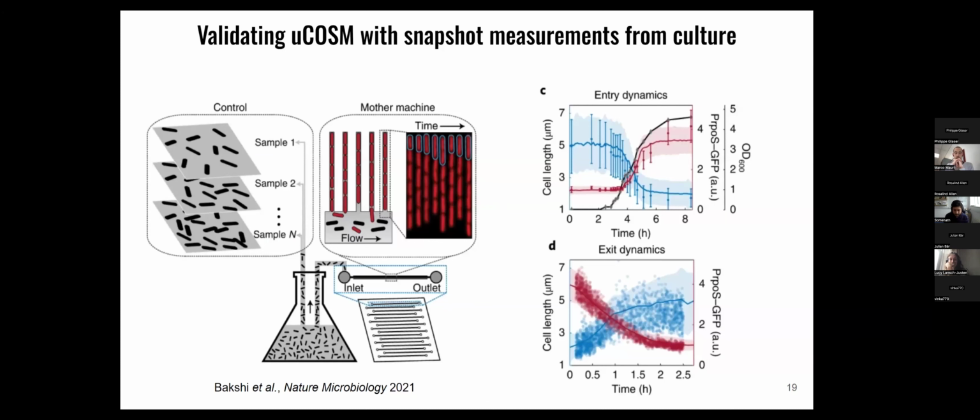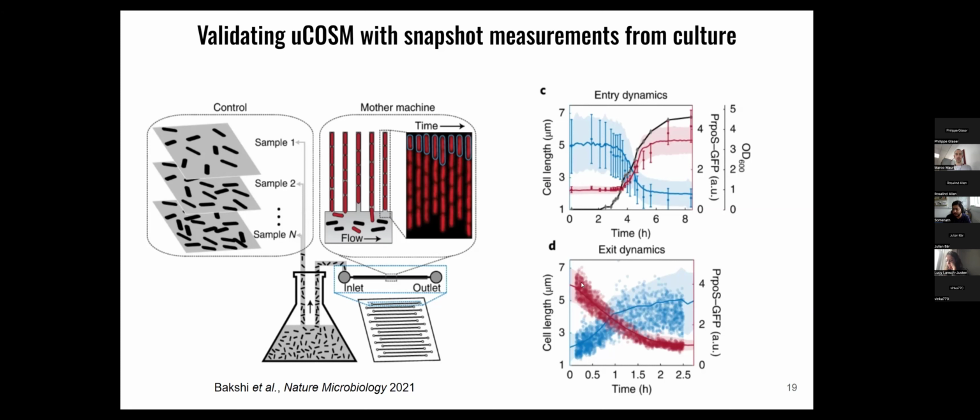Now, before we go into the interpretation of the result, we also first wanted to validate whether we are really seeing what's happening in the culture. And so what we did is that we developed a second method to snapshot bacteria from the culture continuously and compare them with the dynamics that we're observing in the mother machine. So on the right hand, the continuous lines are data from the mother machine, and the snapshots from this second experiment, which are done at the same time, are plotted as dots with error bars. And we can see that the data in the mother machine follow really nicely the things that we observe from the culture directly.